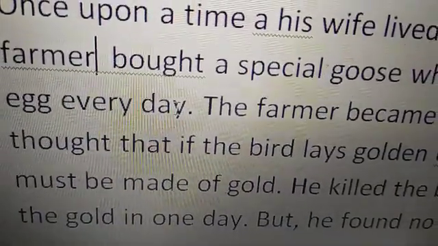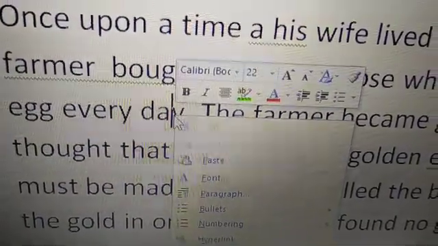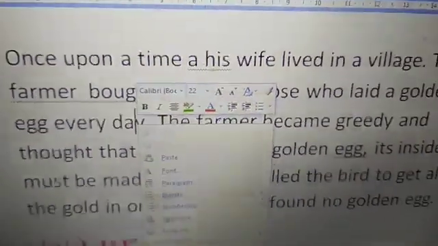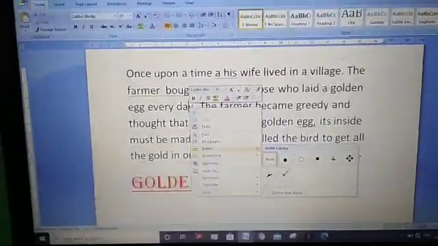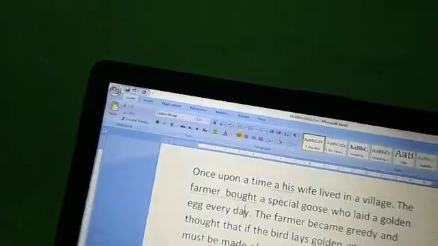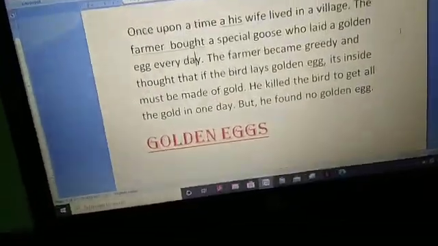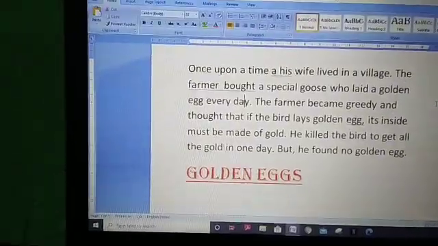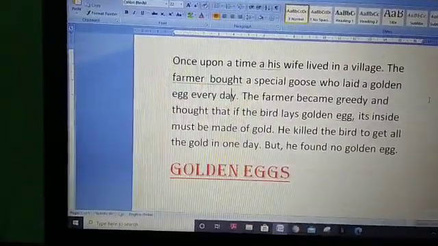If there is any grammatical or punctuation mistake, those also can be checked. Understood? Simple. It's very simple.